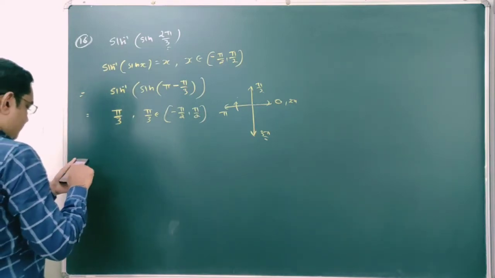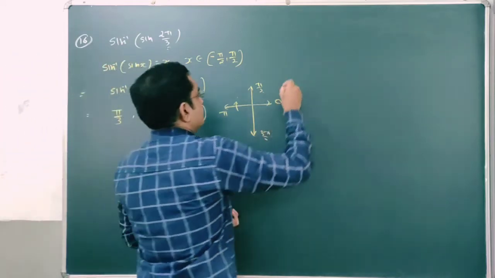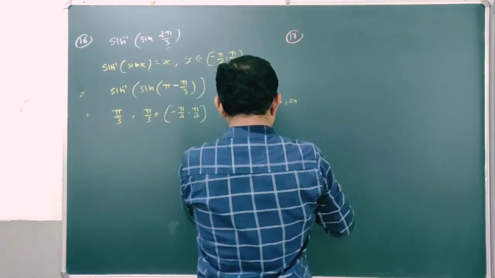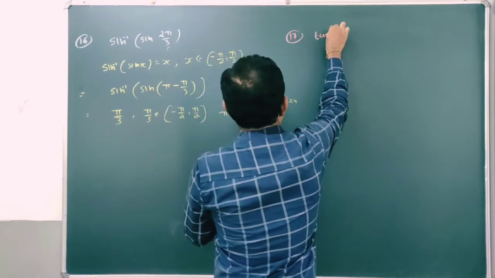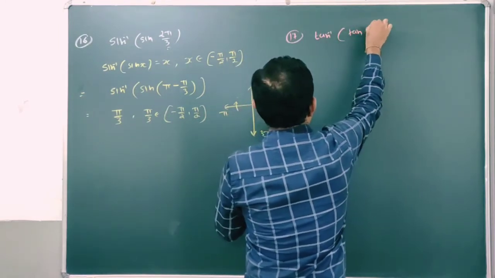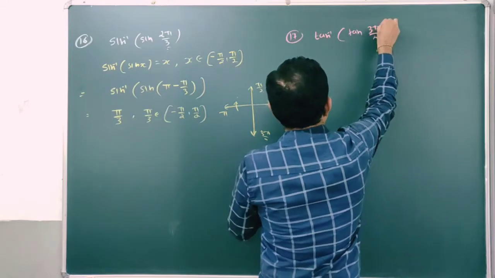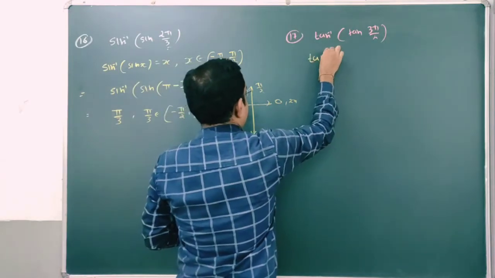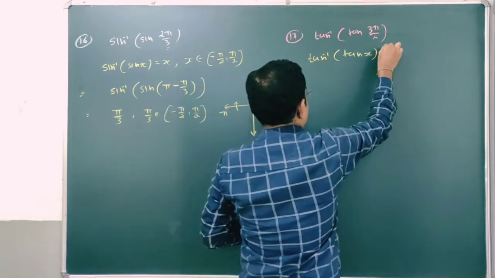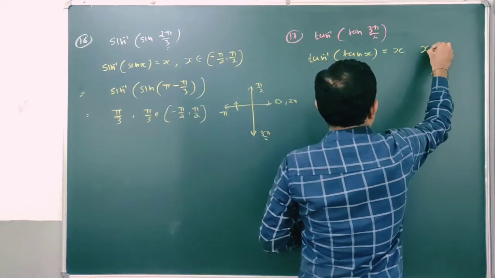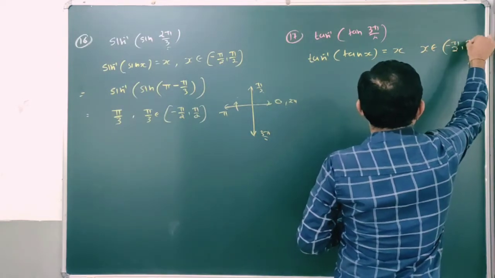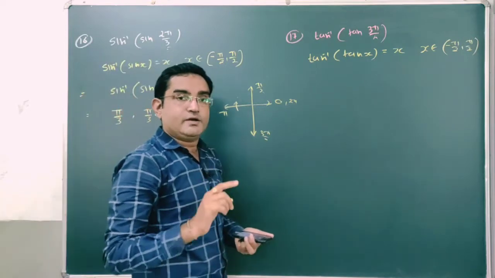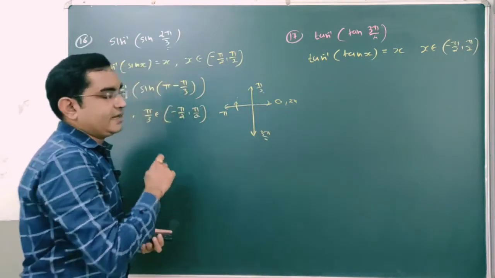Chalo. Next question is question number 17. यहाँ पर करते हैं 17 नंबर. So here we are given tan inverse tan 3 pi by 4. So what is the property? Property of tan inverse says that if tan inverse tan x is there, then we can directly write this as x. Condition is x must be in the principal range of tan inverse, that is the open interval minus pi by 2 to plus pi by 2. Then if x lies in the open interval of tan inverse, which is minus pi by 2 to pi by 2, we can write tan inverse tan x equal to x.